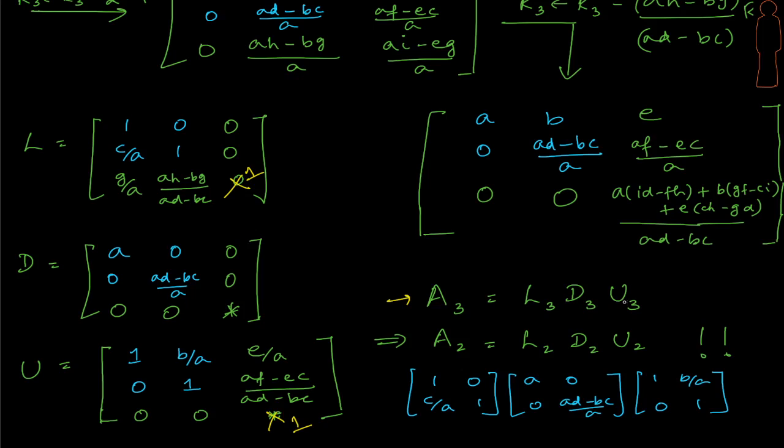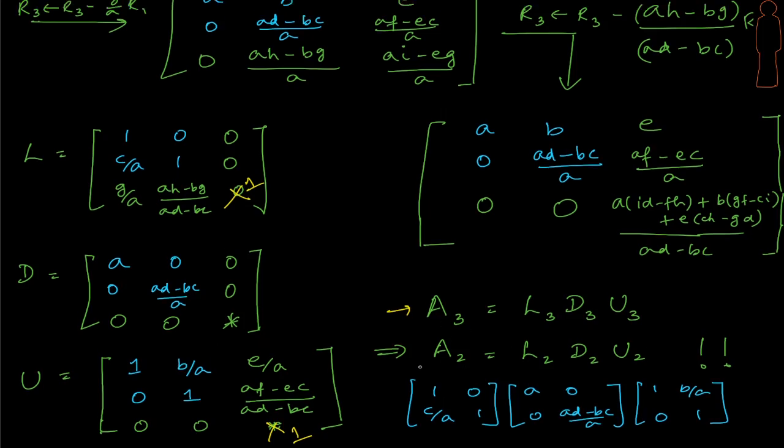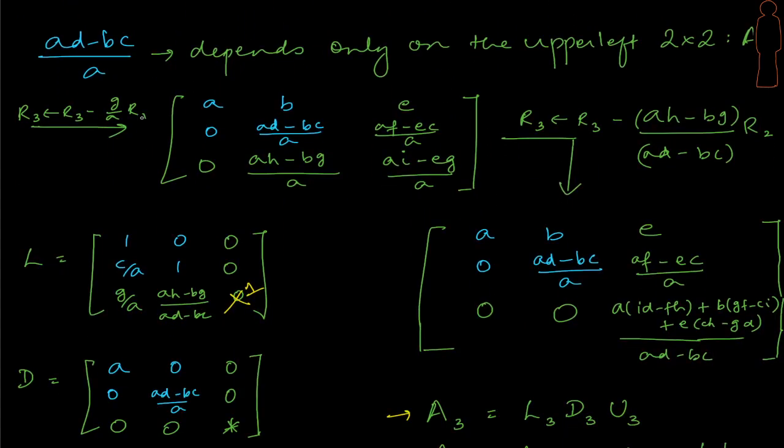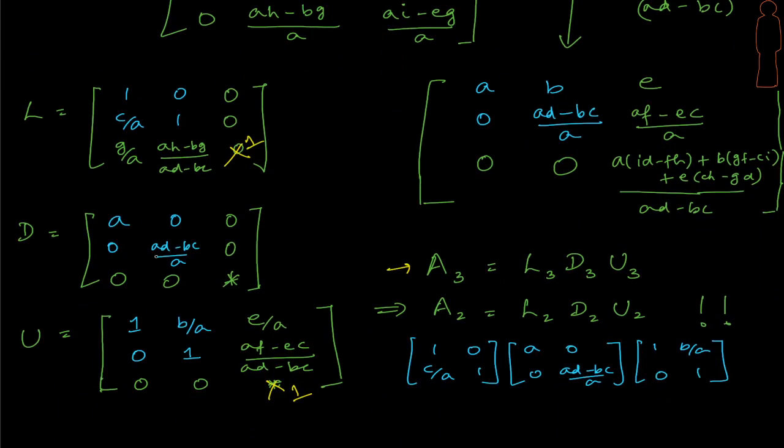But what is very interesting is that if you take a look at the 2 by 2 upper left matrices in L, D and U, they will also produce the A2 or the upper left corner of A, which means we will definitely get A, B, C, D if we are taking out the upper left corners from L, D and U. Try and take a look at L2, D2 and U2. I have just written them down here. Please do a simple multiplication and check. I'm sure you will end up getting A, B, C, D, right? What does that tell us?